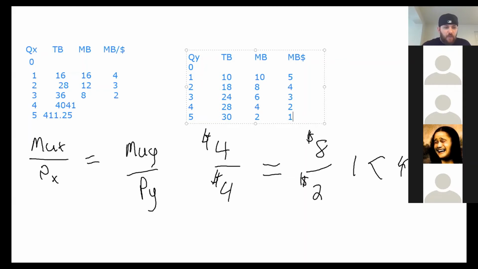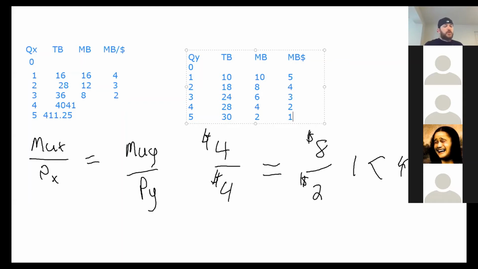Indicate whether each of the following will cause the optimal quantity of good Y to increase, decrease, or stay the same. So this one is just making sure you understand everything inside and out. So let's look at it. For E1, the price of good Y doubles. Well, if the price of good Y doubles, that means the marginal utility per dollar spent for good Y is